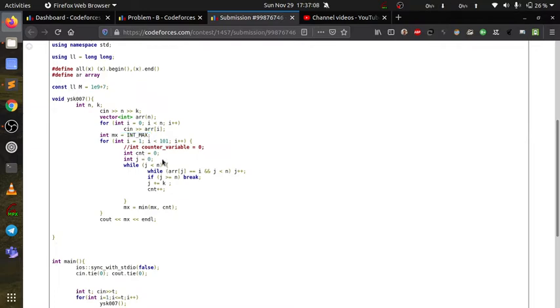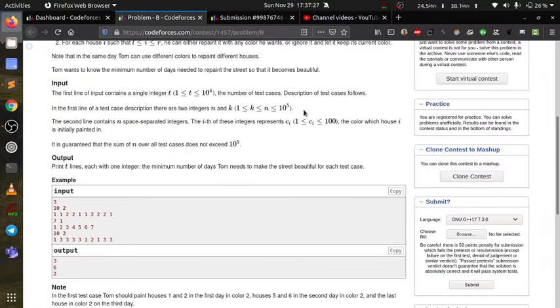So first, I have started the array. What I am doing here by brute force is, suppose I am going to color the whole array with 1, then the whole array with 2, then with 3, similarly up to 100, because here the range is 1 to 100, so the range is small, I can do this.